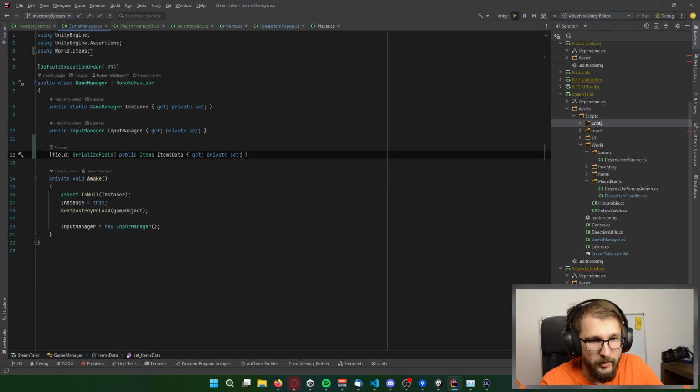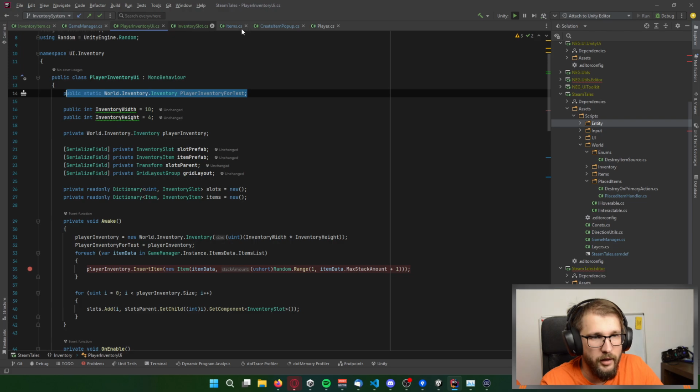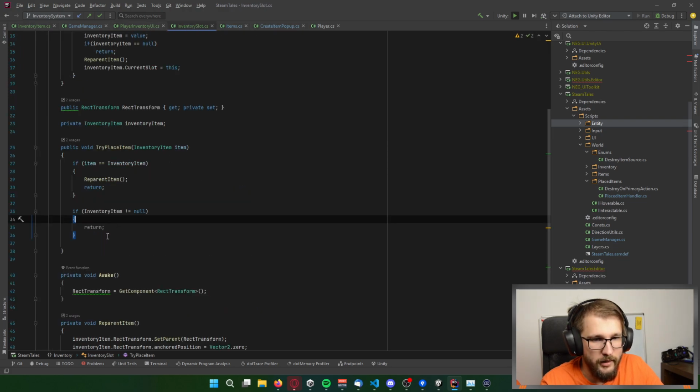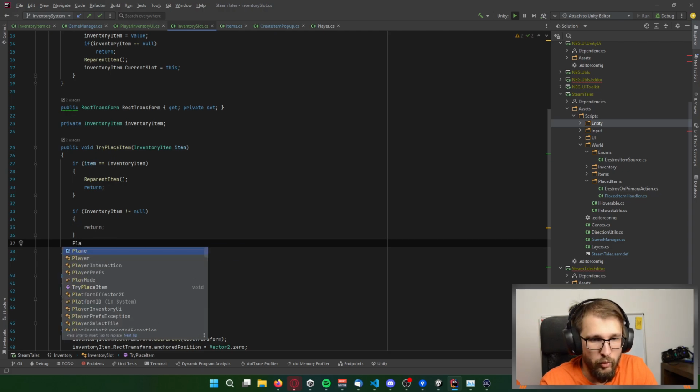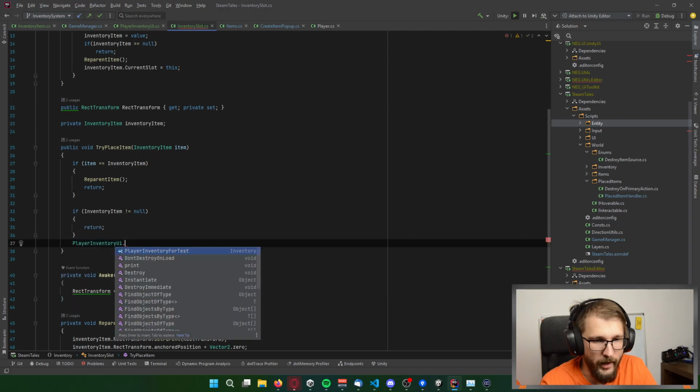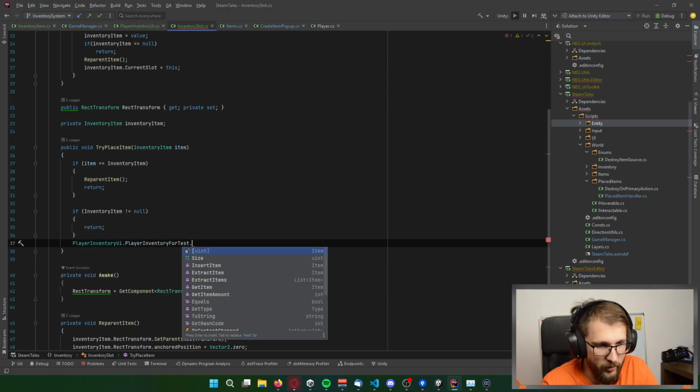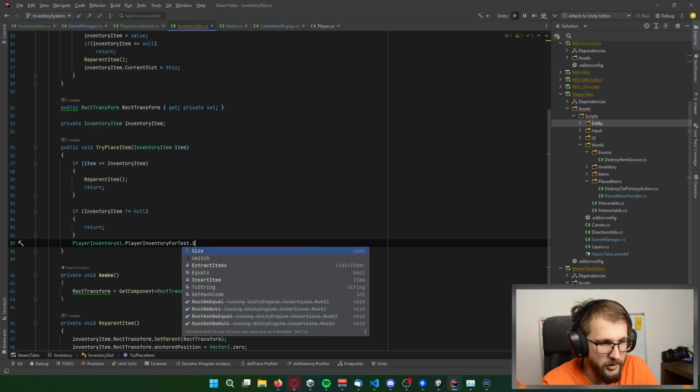Okay, so now here in this slot, I can do like player inventory UI, that player inventory for test. I can just